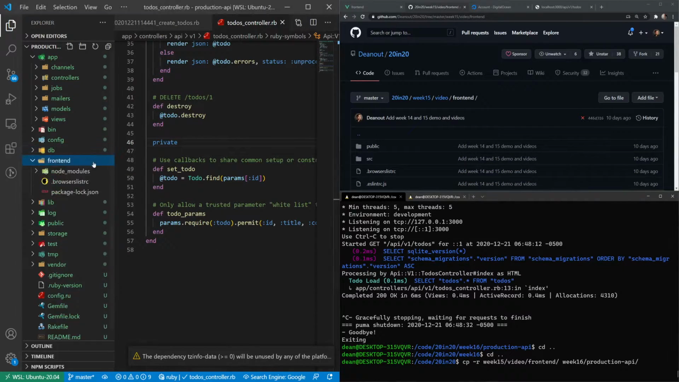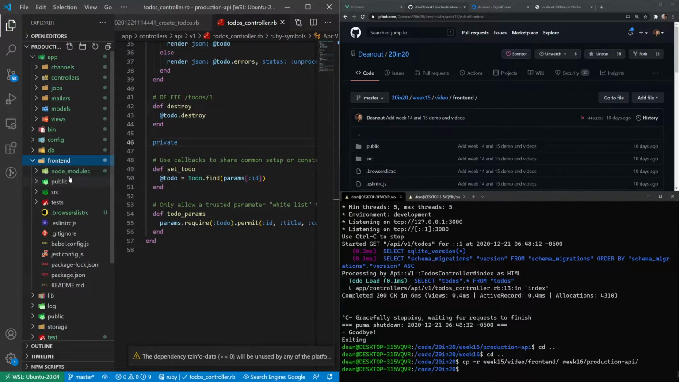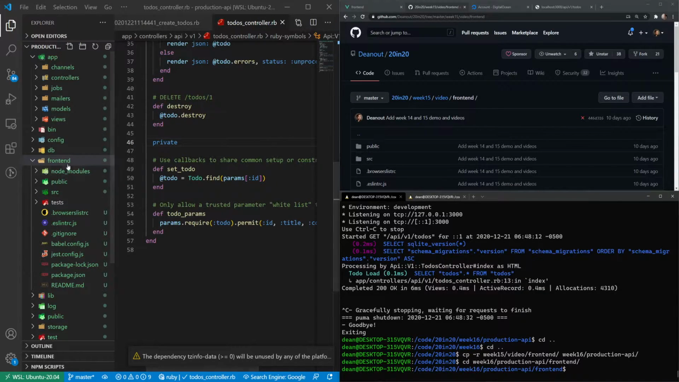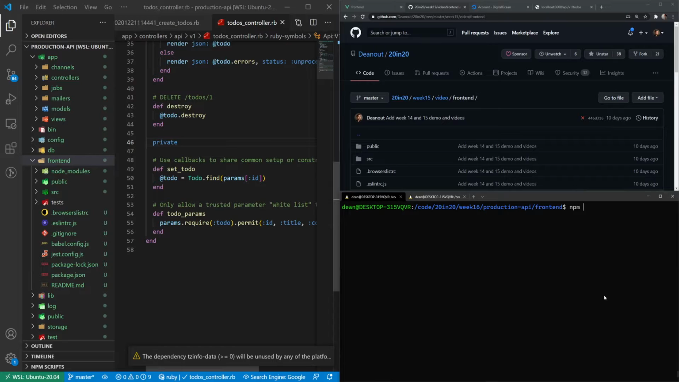And if that worked the way that I think it did, I have all of my node modules in there because I'm a big dum-dum. You probably won't have the node modules, but we cd into week 16, production API, and then the front end. So assuming you copied this folder into your Rails app properly, you should then be able to say npm install